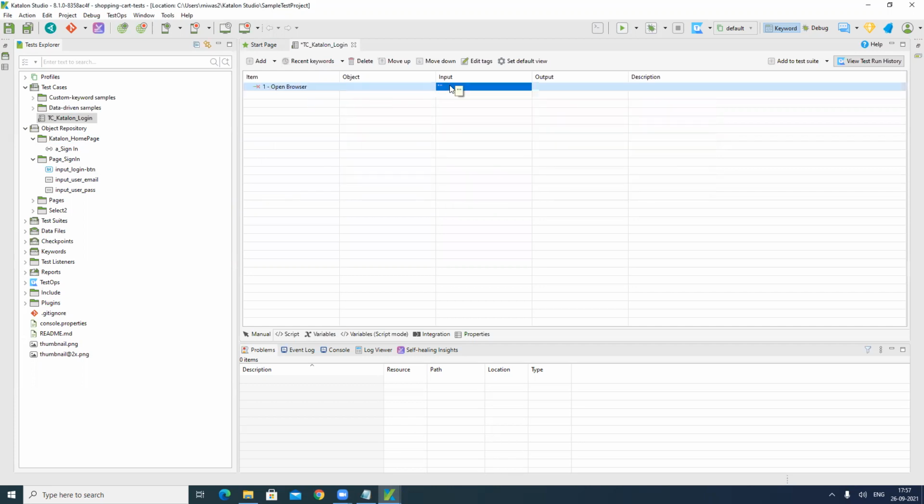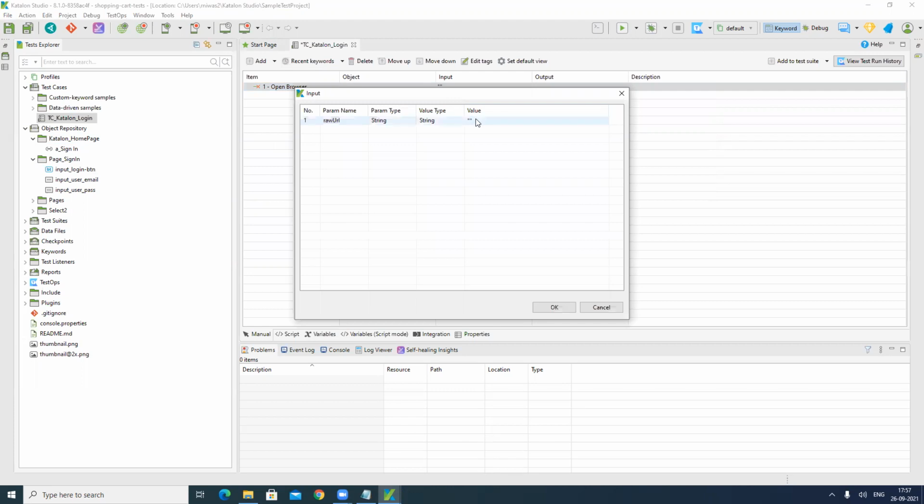The input is a value. Which type of value are we going to use? If you check the value type, you can enter different types of values like string, variable, global variable, test data, binary value, or method call.